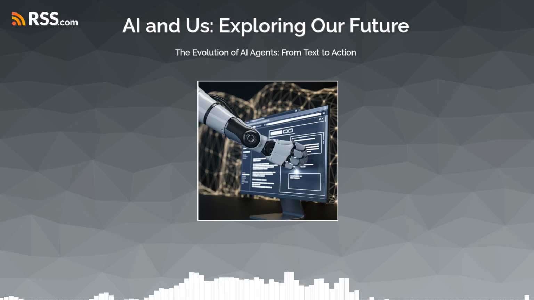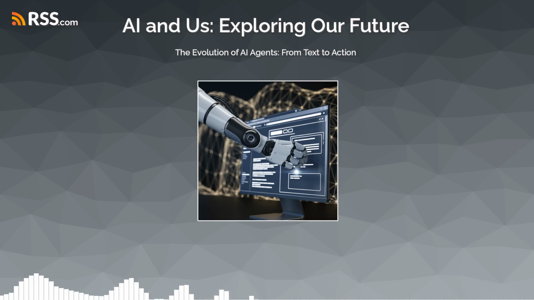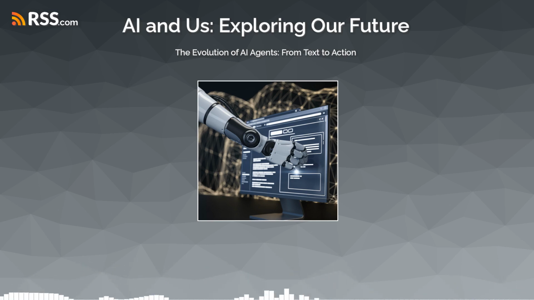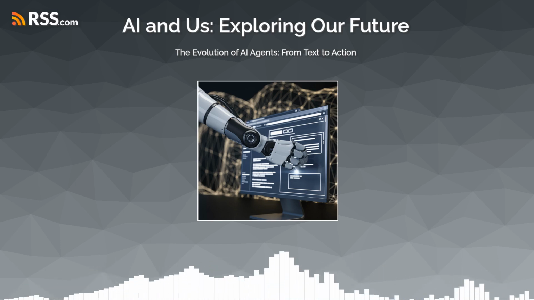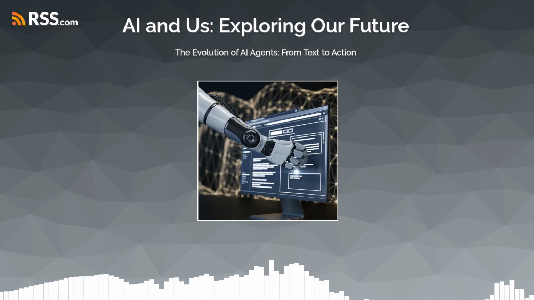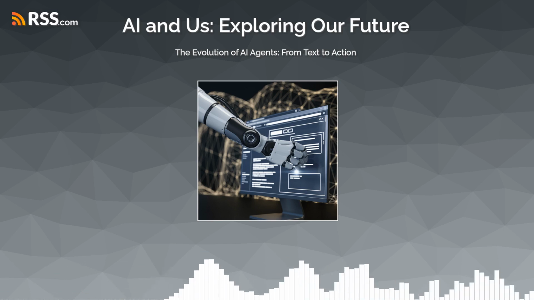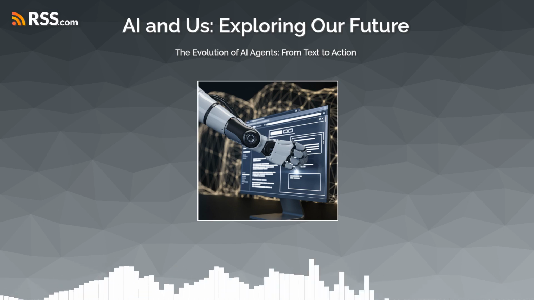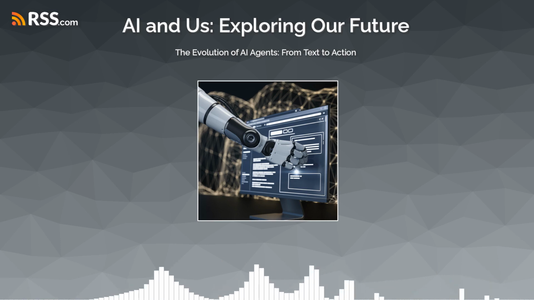Oh, wow. So how would an AI agent actually help with content creation? Okay, imagine you need to write a blog post on, I don't know, let's say a new marketing trend or something. You could spend hours researching and writing, or you could just have an AI agent do most of that work for you. Wait, so you're suggesting I just let a robot write my blog post? Not exactly. Think of it more like a collaboration. You still give the AI some guidance and input, but it can handle the heavy lifting. Like what kind of guidance are we talking about here? Well, you could give the AI an outline, maybe some key talking points, or even just a list of relevant keywords. And then it takes that and turns it into an actual blog post.